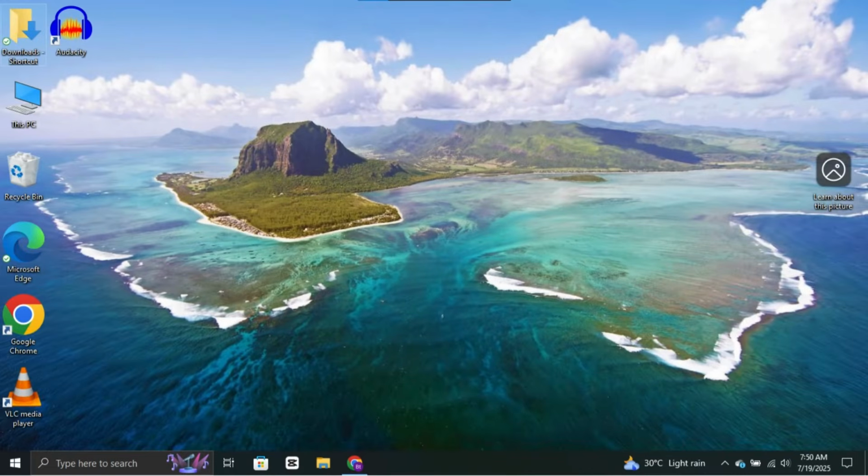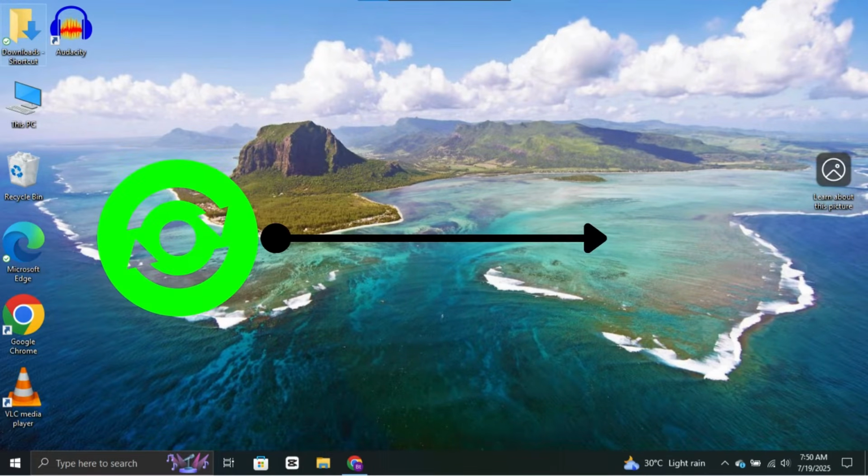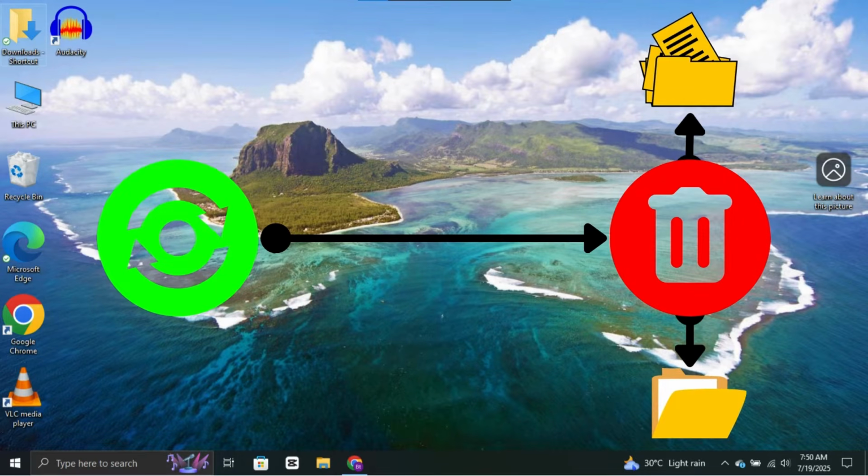Hi friends, today I'll show you an easy way to recover permanently deleted files and folders on Windows 10 or